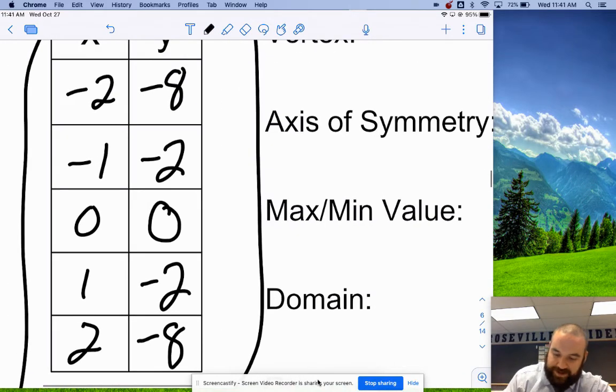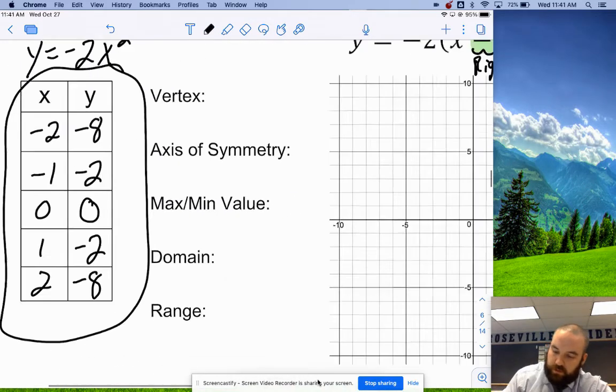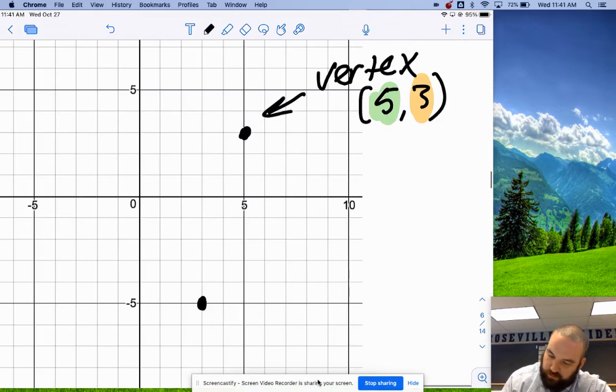My next point is -1, comma -2. So -1, -2. Again, treating this as 0, 0. -1, -2 would be right there. Then it was +1 and -2, which would be right there. It has symmetry, so if you have the left side of the parabola, you can kind of just reflect and build the right side of the parabola. And then +2, comma -1, 2, 3, 4, 5, 6, 7, 8. Those are my last coordinates. Okay, so now I have graphed